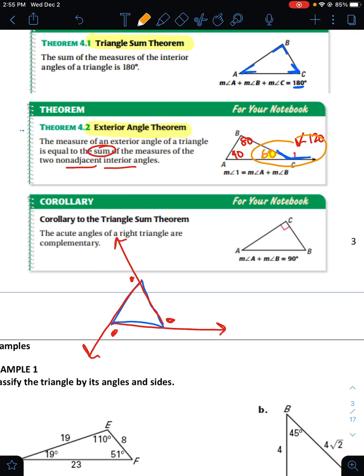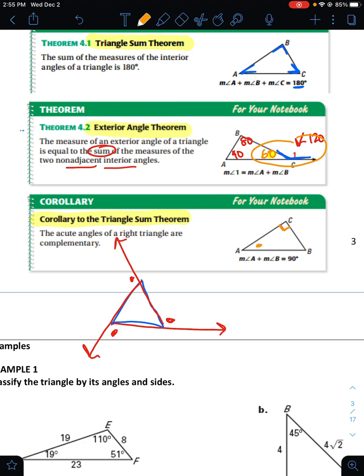Okay, our third one is called a corollary, and we haven't had a corollary yet. It's actually a theorem, but it's one of those things where it's like an extension of a theorem. And you can very often get to this corollary without actually using this rule. So it just says that the acute angles of a right triangle are complementary. So if you think about this, if this is 90,